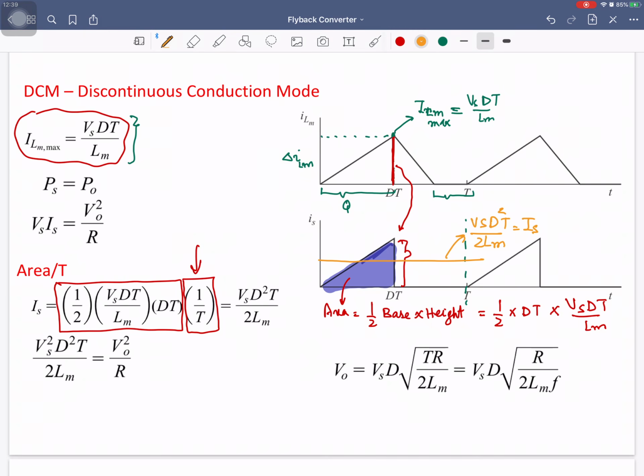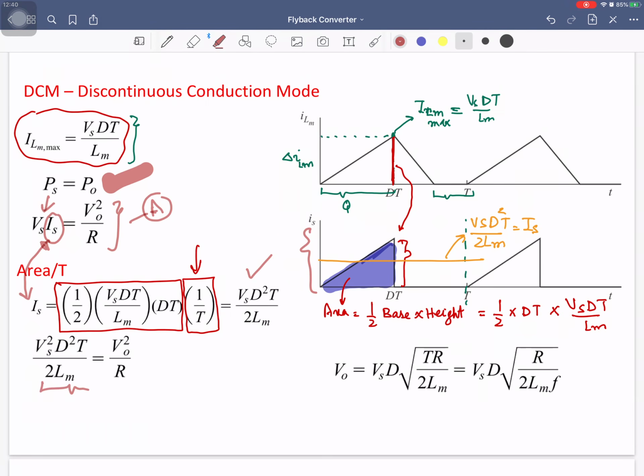Okay, now considering the ideal converter, the input and the output power must be equal. So the supply power is Vs into Is and the load power is V squared by R. In this, if I replace this Is with the value of Is that we have just seen from this waveform, by taking the area under this curve and dividing it by T, using this value of Is in equation A,